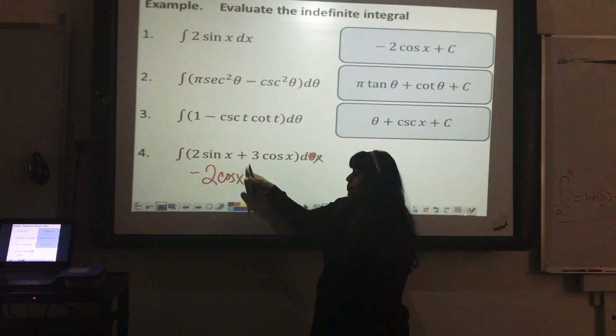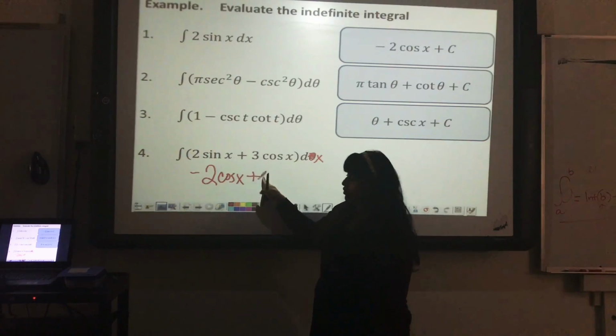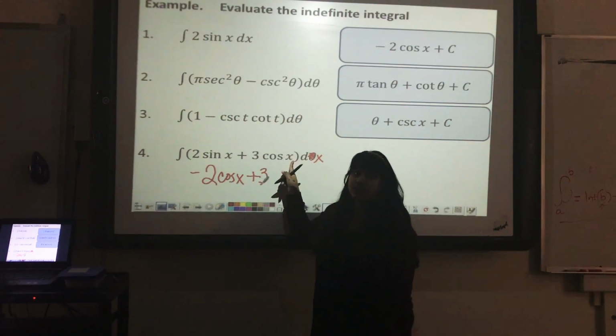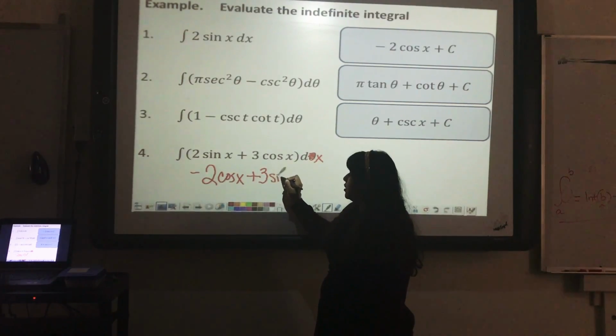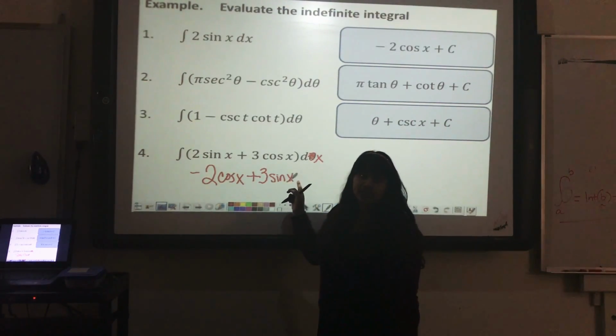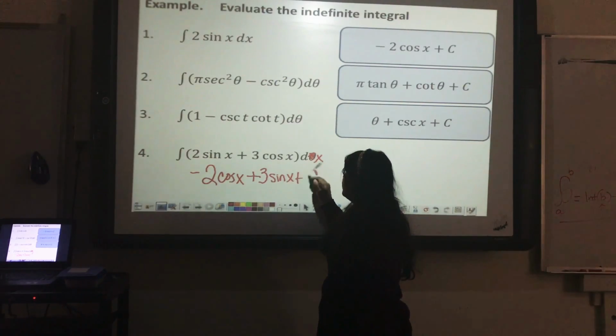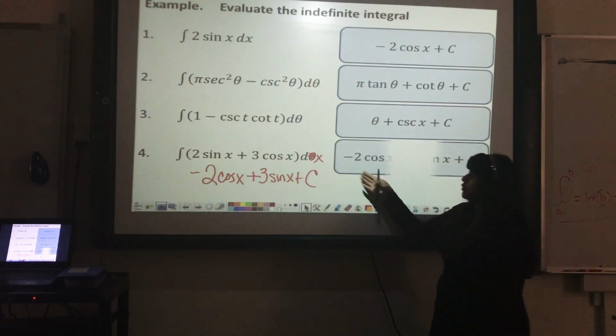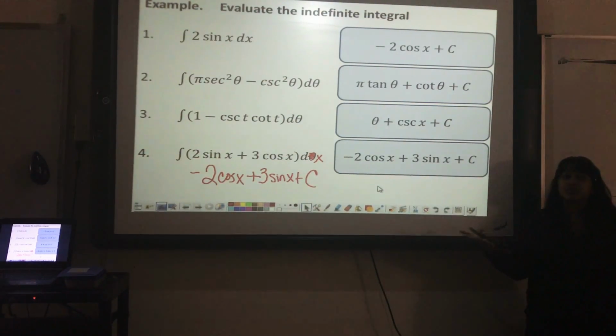And then bring my plus down, bring my 3 down. The derivative of cosine x is sine x. And then what do we tack on to every indefinite integral? Plus c. So I wanted to double check that work right here: negative 2 cosine x plus 3 sine x